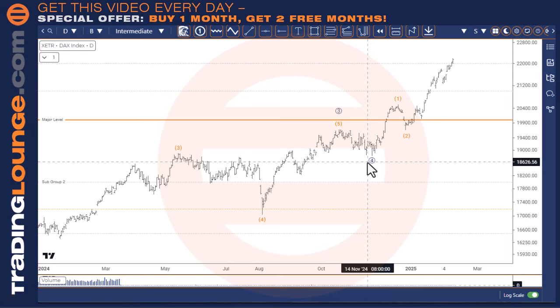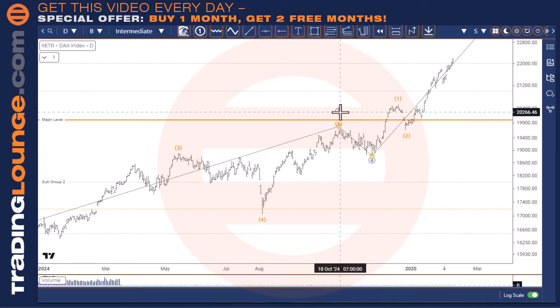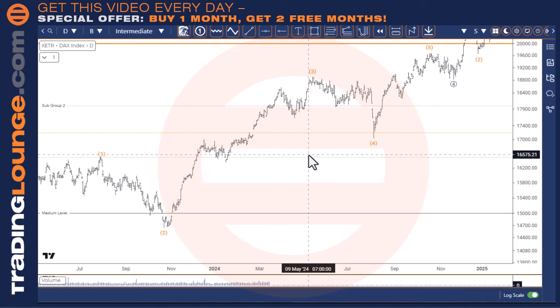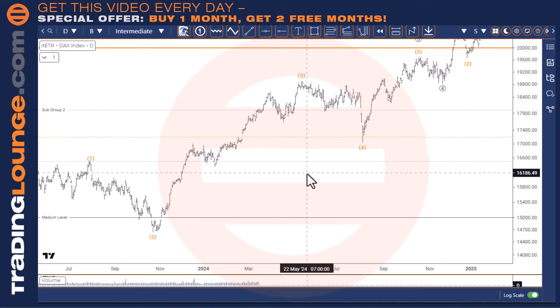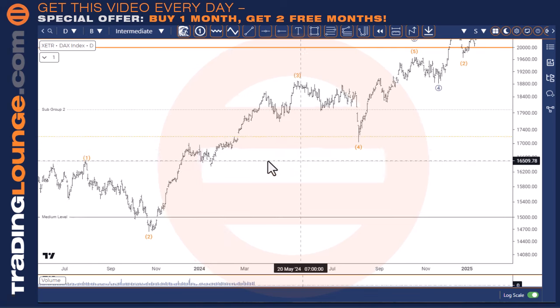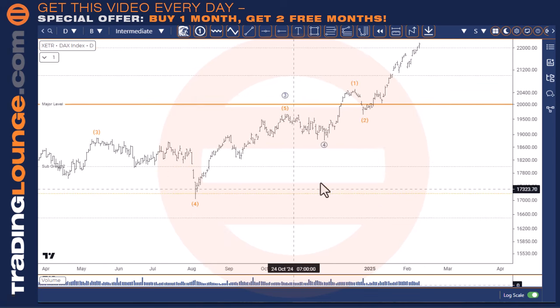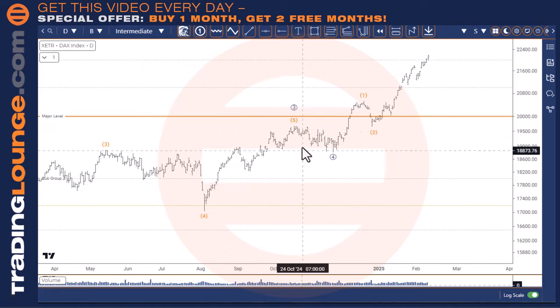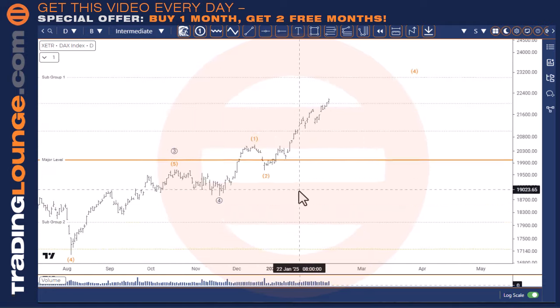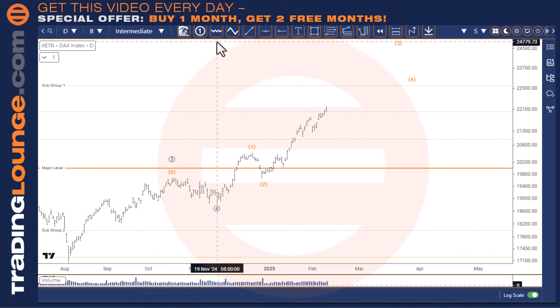Now this will be in line with the US markets, but the reality is that the size of this wave 3 should be over here, but I'd have to force it to fit a little bit, because we've got a nice 5-wave structure here. So it is bugging me a little bit, this thing here, but the way I've got it at the moment, it would be in line with the